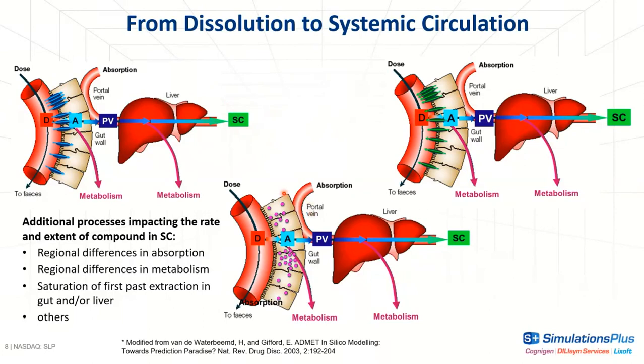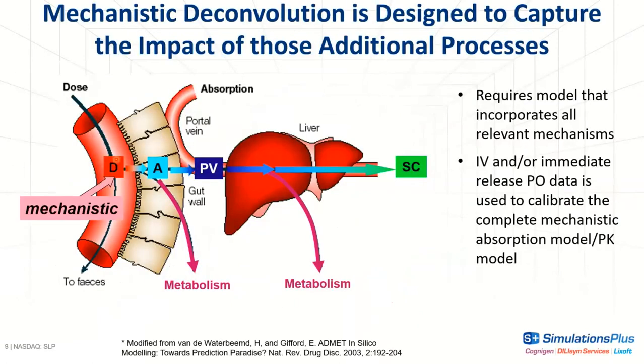depending on what the distribution of the transporter is along the intestine, what the distribution of the enzyme is along the intestine, or other possible processes, whether saturation may be playing a role, and so on. So with all of these, if this starts playing a role, you would have trouble building that IVIVC. That is exactly what the mechanistic IVIVC is meant for, to parameterize a model which accounts for each of